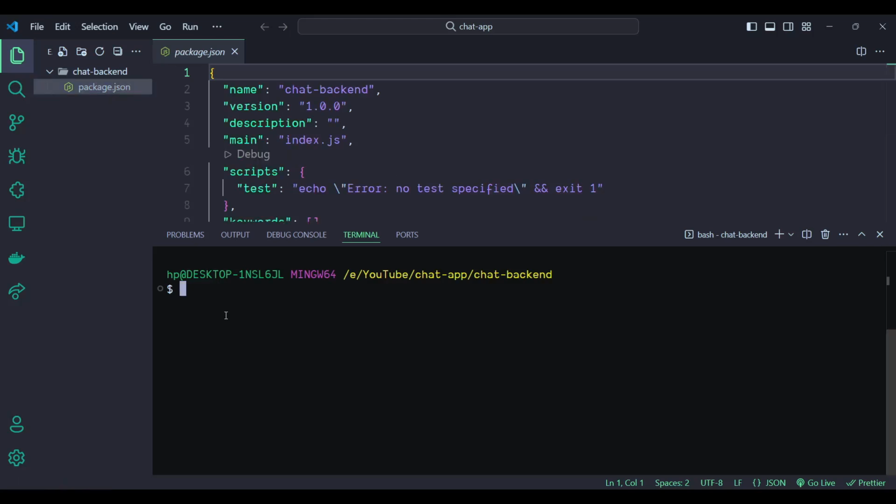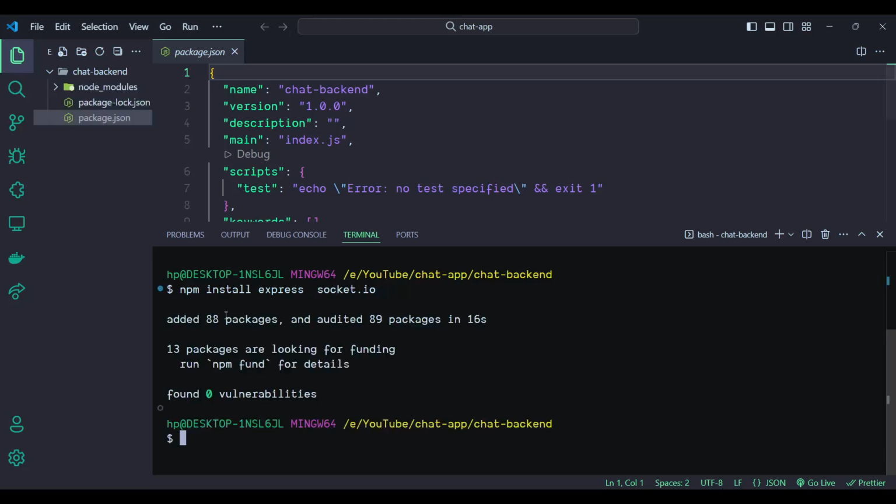Now we need to install a couple of dependencies, for example, Express and Socket.io. So let's install it with npm install express and socket.io. Sorry, it should not be at. Okay, so we have installed Express and Socket.io. Here, Express will serve as the backbone of our server, and Socket.io will enable the real-time bi-directional communication between users,